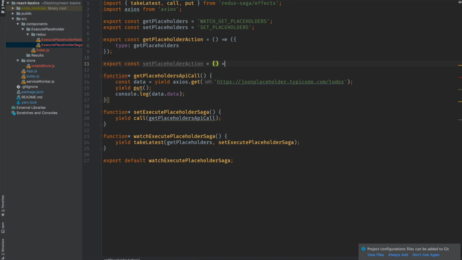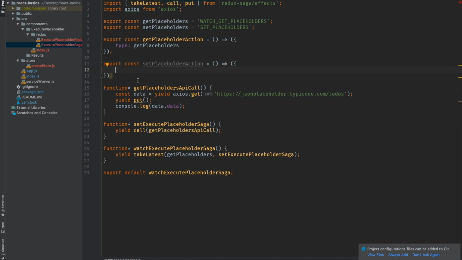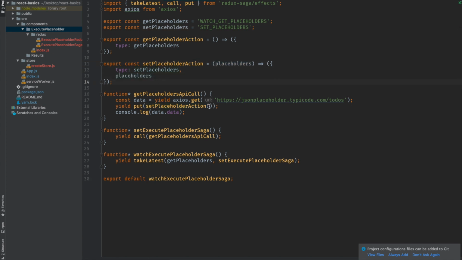Now in a larger application, you always want to split your actions out. So I would have another file called actions. I have another file called types, which will be here, and I'll just split these out. Now for this one, we'll do type, and we'll do set placeholders. That's what we'll set. And inside of put, we will set placeholders, and we expect a placeholder array. So we'll have placeholders in here inside of this action, and then we'll just pass in data.data, which is all